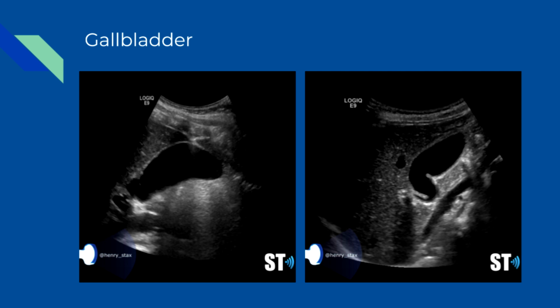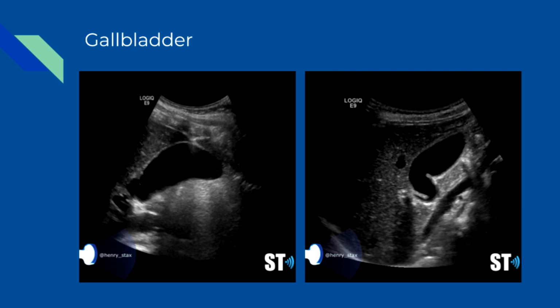Sonographic appearance is anechoic with an echogenic wall. Increased through transmission is seen posterior to the gallbladder. The gallbladder can be folded on itself in the shape of an S or have folds. The normal gallbladder wall is less than 3 millimeters. Scanning the gallbladder should include right upper quadrant images of the liver, biliary tree, and the gallbladder in sagittal and